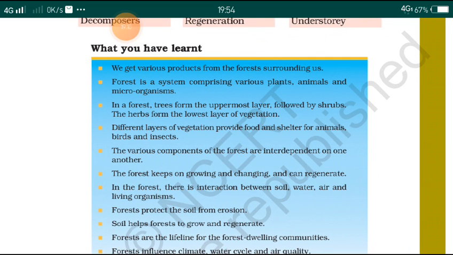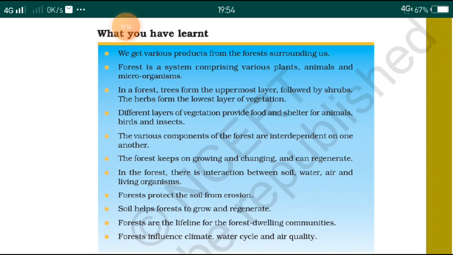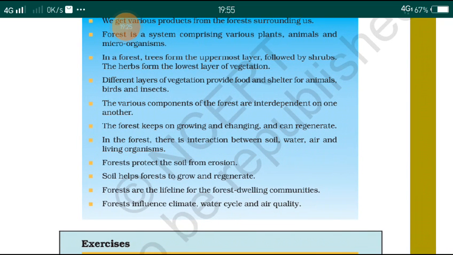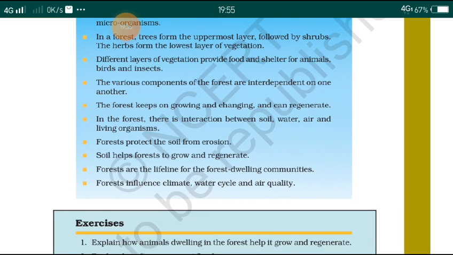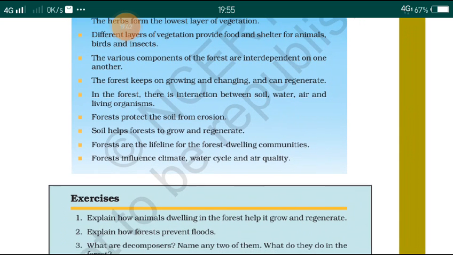We get various products from the forest surrounding us. Forest is a system comprising various plants, animals, and microorganisms. In a forest, trees form the uppermost layer, followed by shrubs. The shrubs form the lowest layer of vegetation. Different layers of vegetation provide food and shelter for animals, birds, and insects. The various components of the forest are